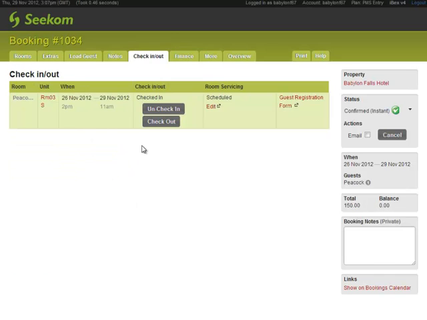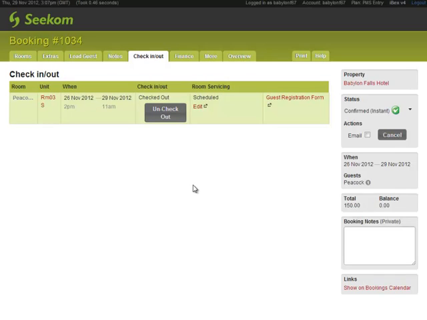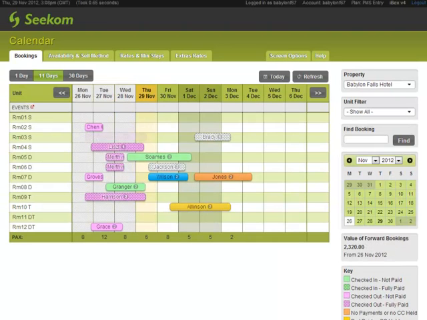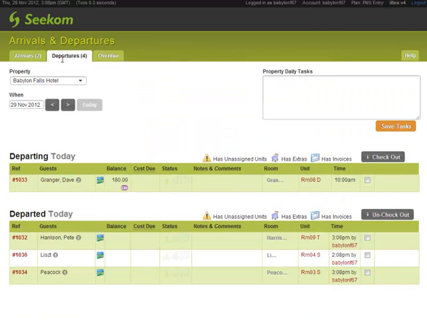If we wanted, we could check the guest out from here, so let's do that. And then if we look at this on the calendar, we see the colour has changed now from green to pink because they have also checked out. If we go back to this arrivals and departures view, we've got 1